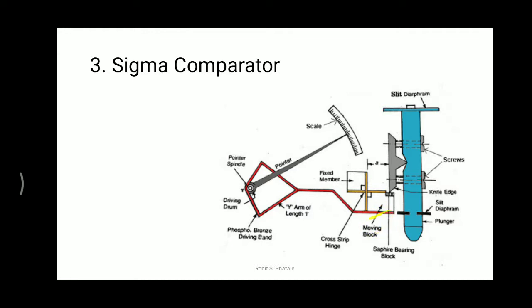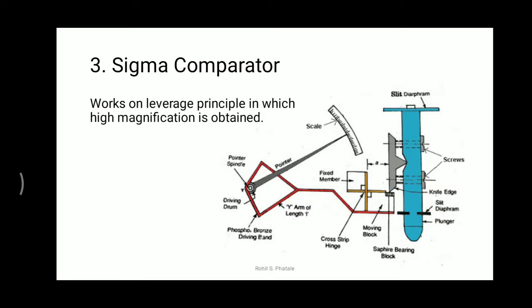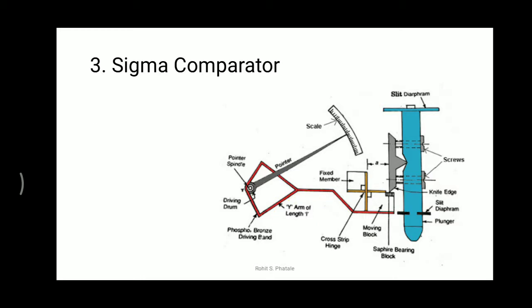Then the red line you can see is known as the Y arm. As it is in the shape of Y, we call it the Y arm. This Y arm is next connected to the driving drum. Over here you can see one driving drum.